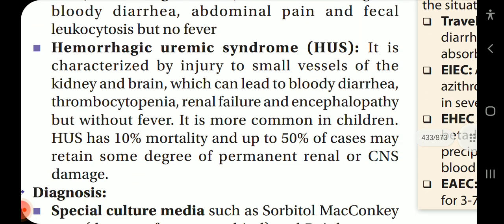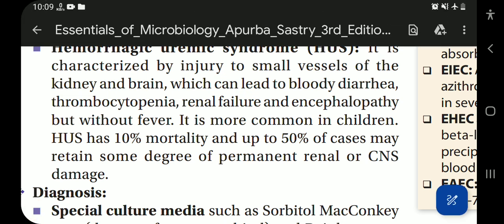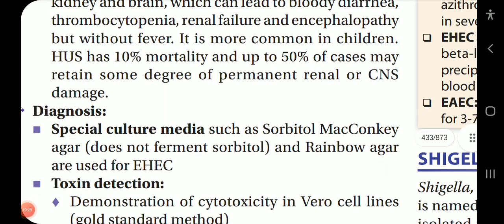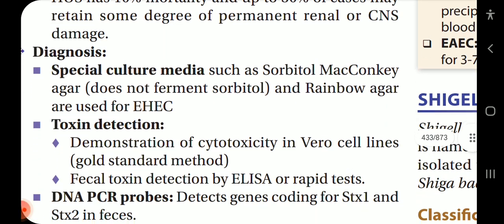Hemolytic uremic syndrome, HUS, is characterized by injury to small vessels of the kidney and brain, which can lead to bloody diarrhea, thrombocytopenia, renal failure and encephalopathy but without fever. It is more common in children. HUS has 10% mortality and up to 50% of the cases may retain some degree of permanent renal or CNS